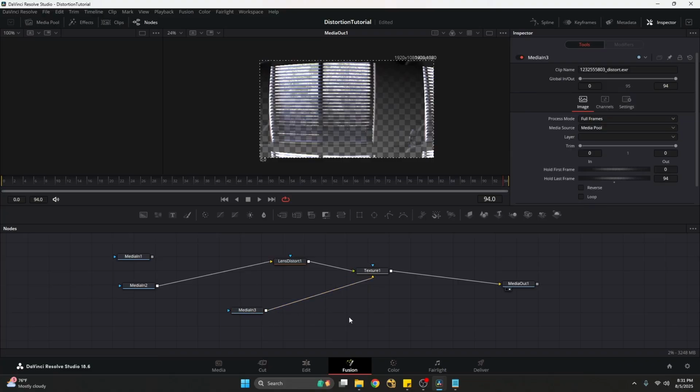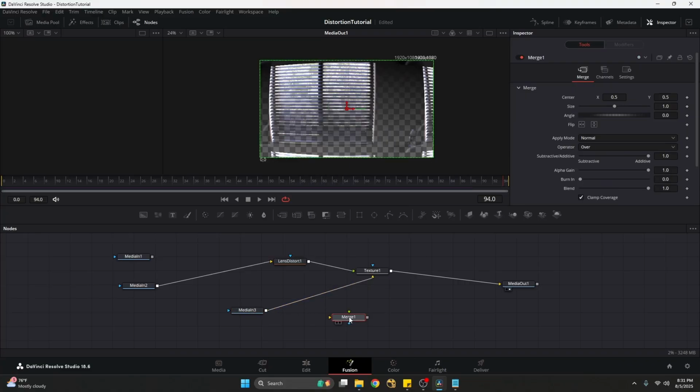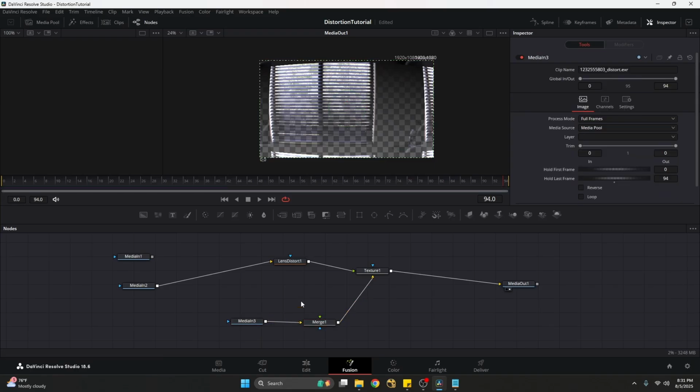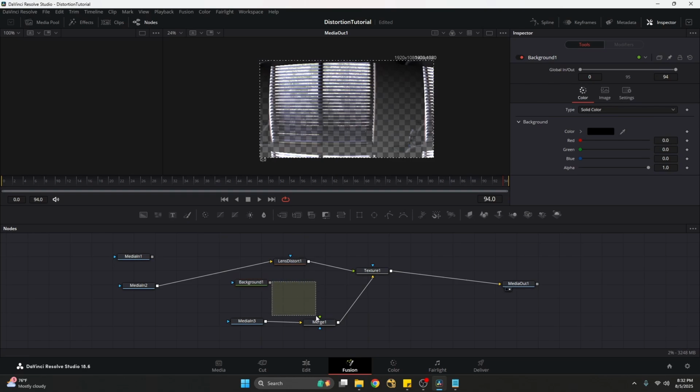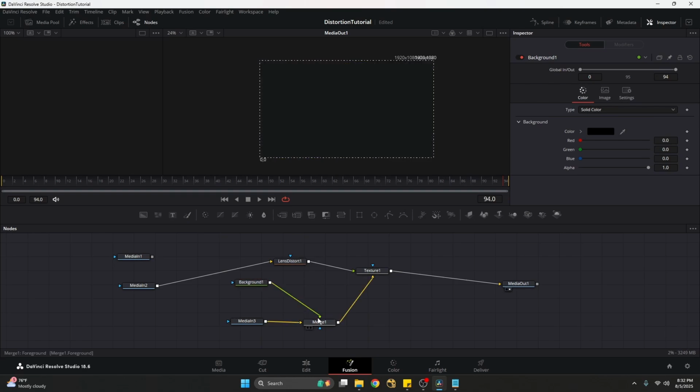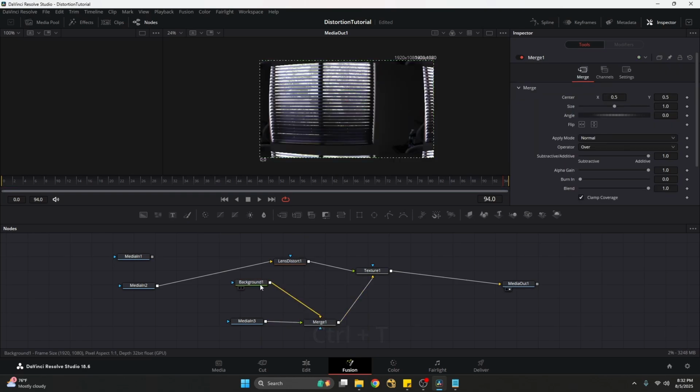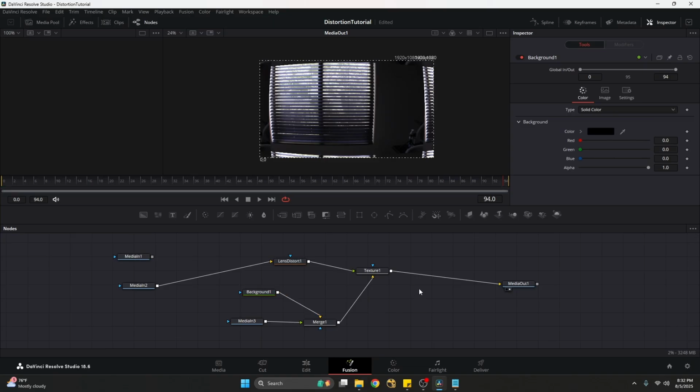And then again, the same thing, the alpha problem. So we got to merge so that we can give it an alpha. This is where I miss Nuke, because you can just shuffle in filled alpha. And you can do stuff like that. Okay. Let's change these. Okay. Now you can see that it is redistorted, but there's some weird multiplication here, like where